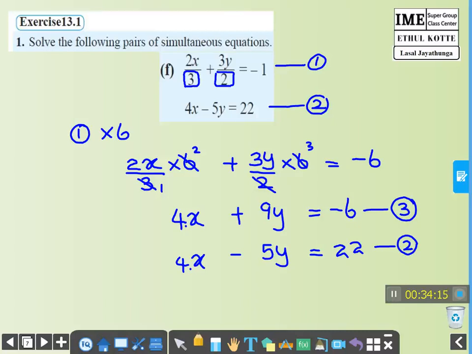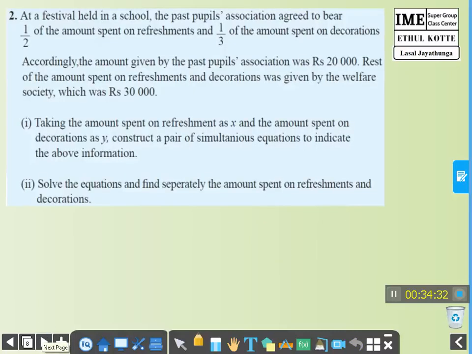Right, this one also I'll stop here. You should continue from here onwards like the earlier sum. Here, if I explain further, here 4x, here 4x, same thing. How can you cancel? By subtracting. Equation 3 subtract equation 2. From here onwards you should complete and send me the answers. Right. Next